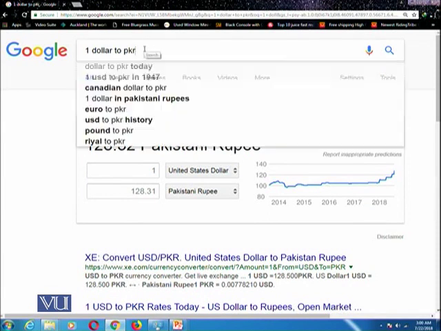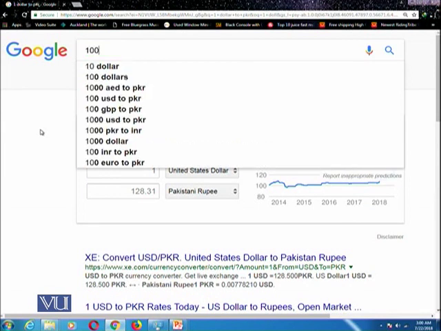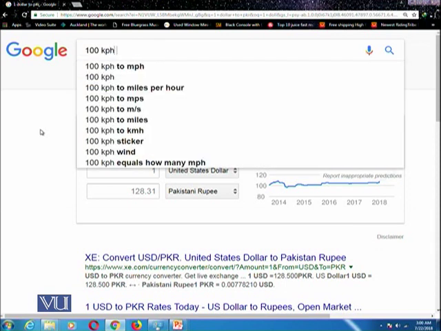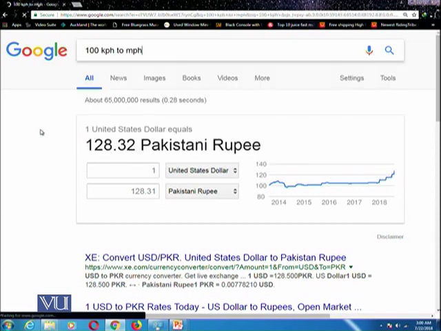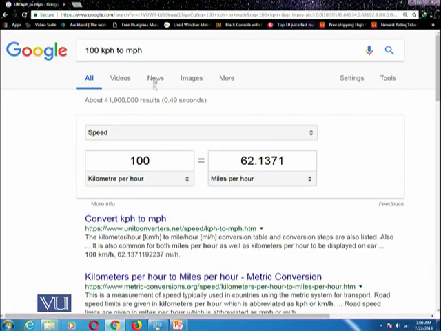Similarly, you can also do different conversions. For example, you want to see what is 100 kph in mph.